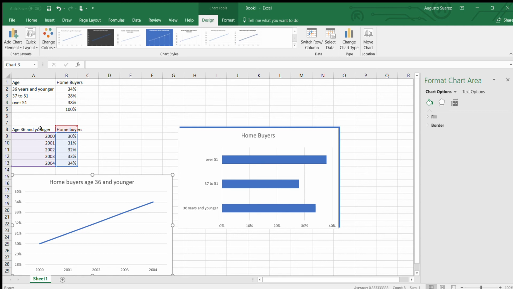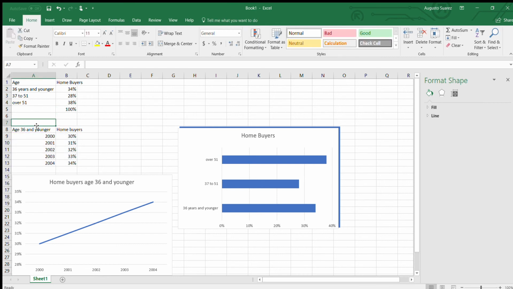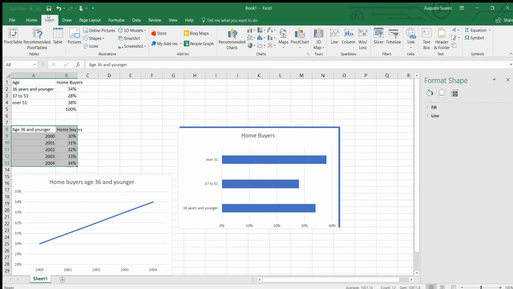So here it shows that in the year 2000, 30% of the population bought homes. Over here was 31%. In 2002, 32%, and you see that it's going up. So if I want to show that change visually, what I would do is highlight this information again, go to Insert, and as you can see here, they have recommended charts. The first one that comes up is a line chart. And as you can see the definition, the line chart is used to display trends over time. I could also use a bar chart